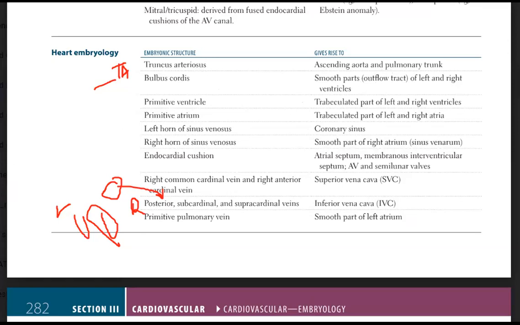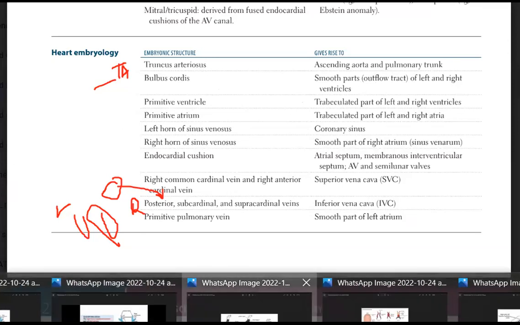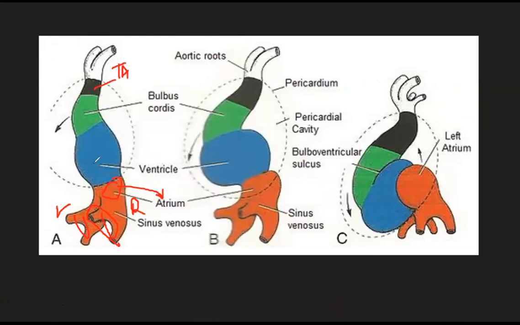Beneath the bulbar cordus was the ventricle. Up till this picture, if I cut it in a sagittal section, we see inside there are no septums. This is one sac. There are no divisions of the two ventricles over here, neither are there divisions of the two atria. This complete thing is one sac. But later on in life,